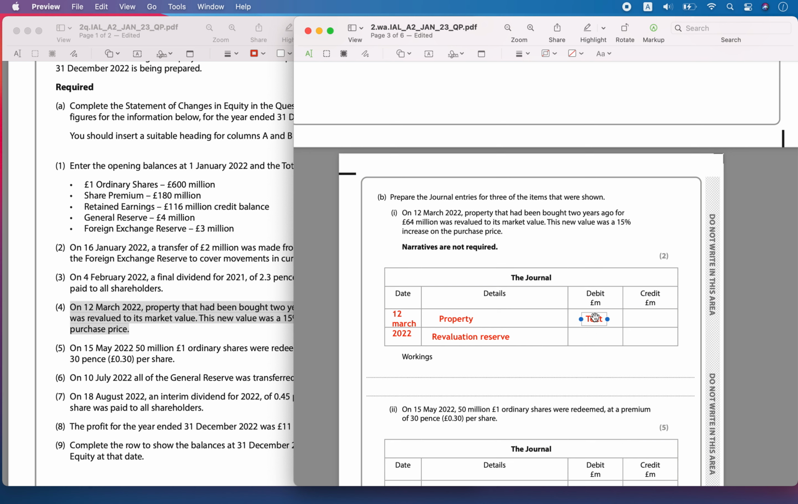So I'm going to debit, okay, debit the increase of 9.6 in the value of the property, and the revaluation reserve will indicate a credit of 9.6. Okay, so this is the journal entry for